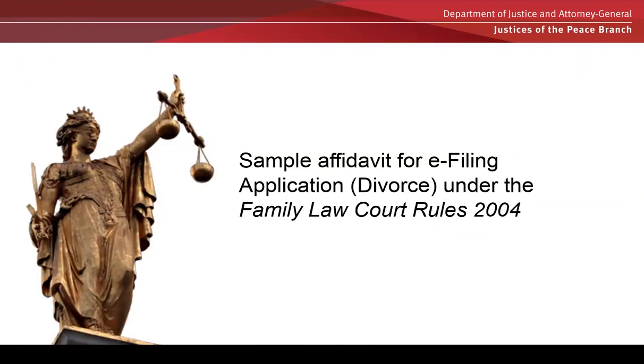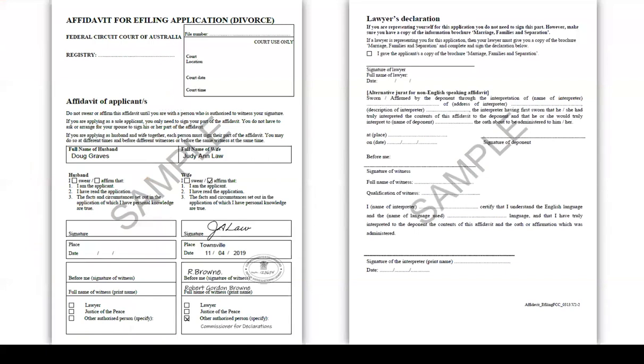Moving on, I'd like to quickly show you what a sample affidavit for a family law court matter may look like. For those who may be familiar with the lengthy application for divorce, this transaction can now be made electronically online, called e-filing. Parties wishing to apply for divorce must first visit the Commonwealth Courts portal and lodge an application for divorce online. And once that application is fully completed, the party or parties will be provided with an affidavit for e-filing, which is currently being displayed on your screen.